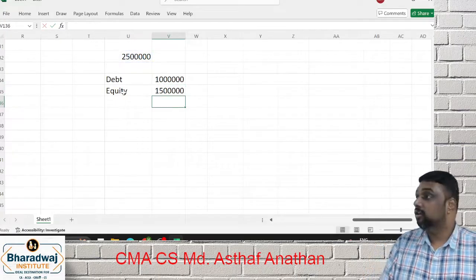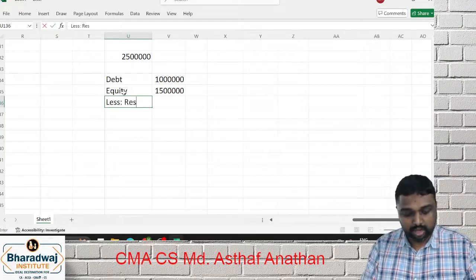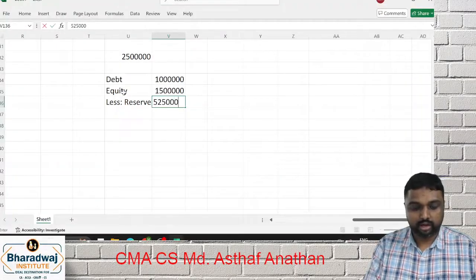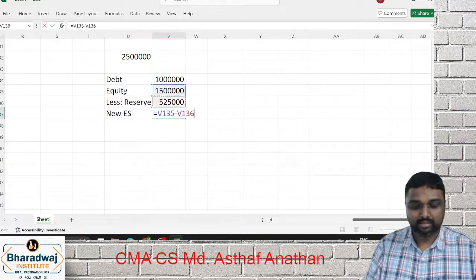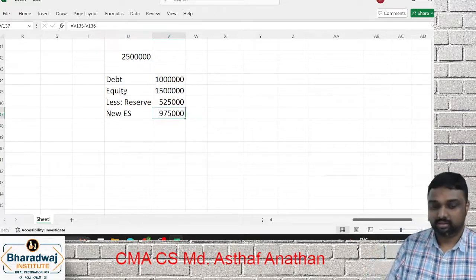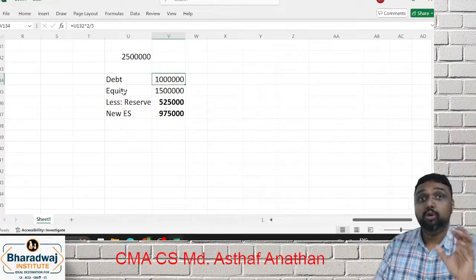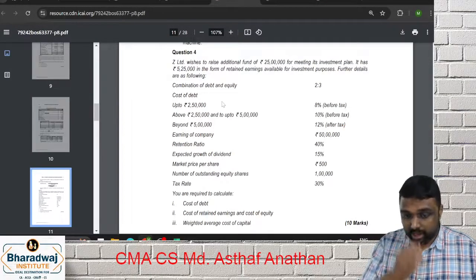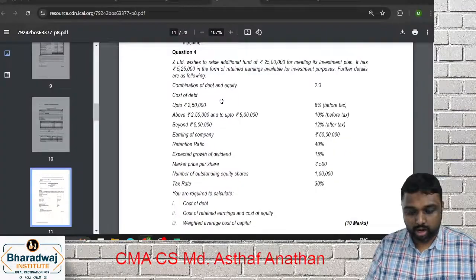Everyone got it correct? In that equity, you already have some amount as reserve. The amount of reserve is 5,25,000. So new equity shares will be the balance in the capital structure. Are you clear? So new equity shares 9,75,000, reserve 5,25,000. How do you get this debt? Of this 10 lakh, up to 2,50,000 you will get